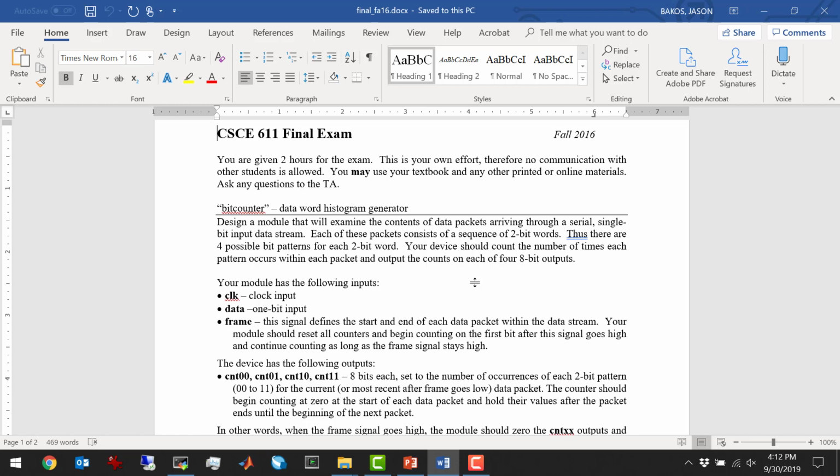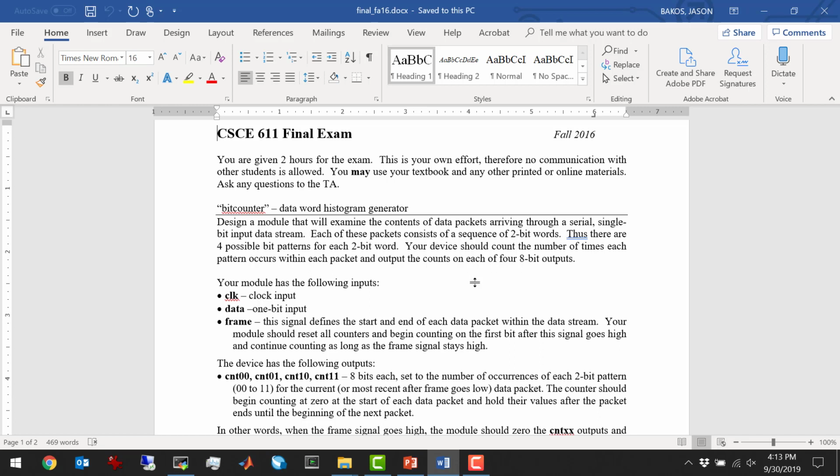Your device should count the number of times each pattern occurs within each packet and output the counts on each of the 4 8-bit outputs. So you get a packet, you don't know how long the packet is. So you're getting a packet, variable length, comprised of 2-bit words. But the twist is that the words don't arrive as 2 bits, they arrive as 1 bit each. So you're getting 1 bit each, and you're having to deserialize those into a sequence of 2-bit values, which form the packet. While you're receiving the packet, you're keeping track of a histogram of the number of occurrences of each